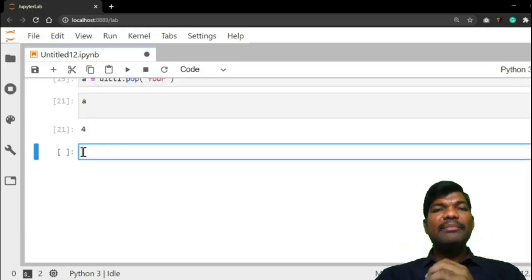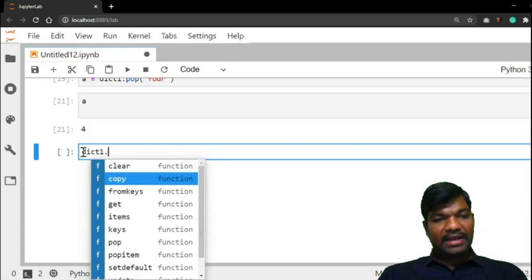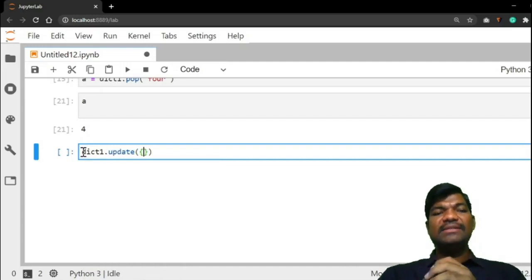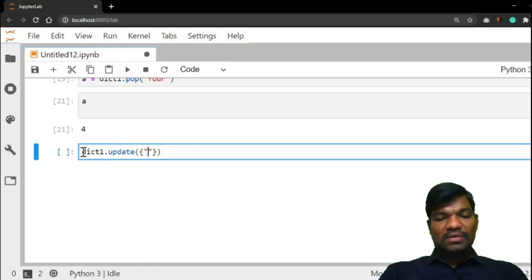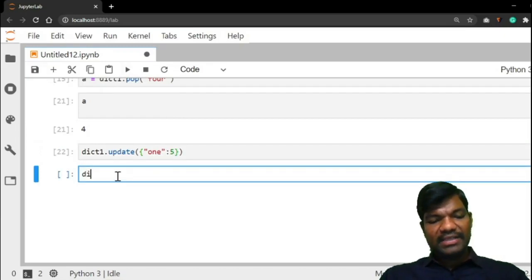Now coming to updating the dictionary items. So dict1.update, in the curly braces, suppose 1 is updated to 5. So 1 is 5. Run it. Now check dict1.